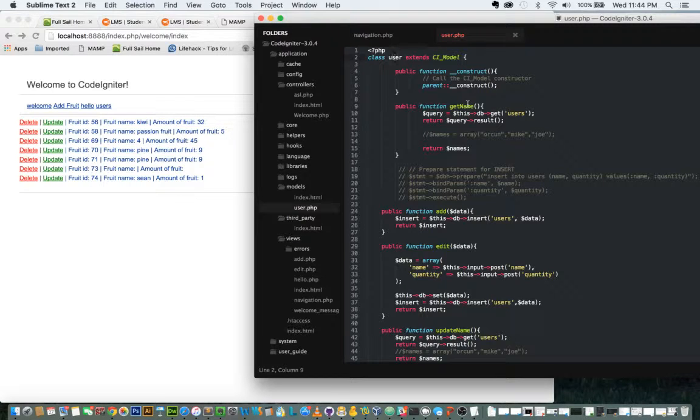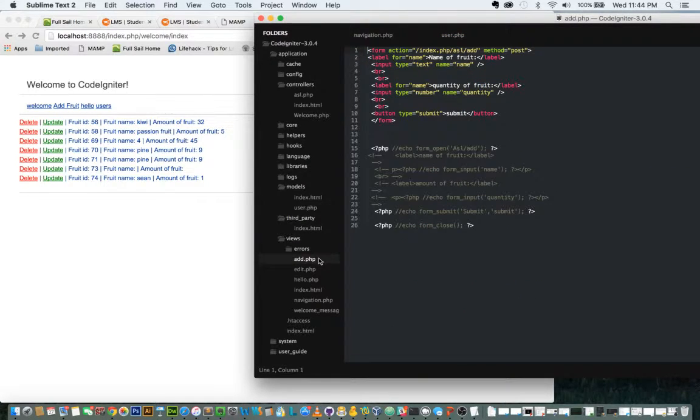It returns the results that are already in the database, but they all do their part, and they all work together to do different little things. Let's see, what else should we look at? Let's look at the views here. Now, here we have the views, and